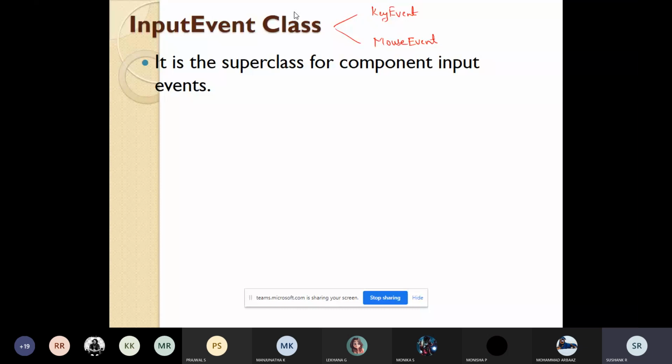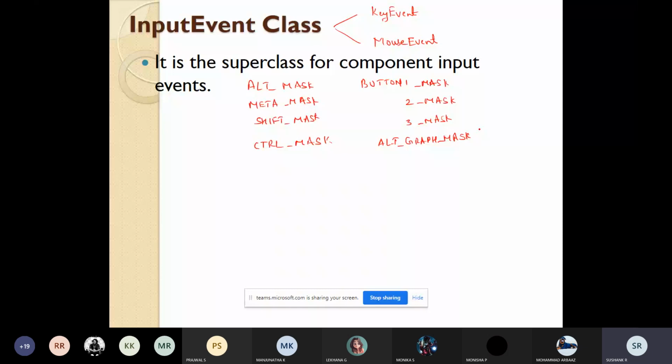The input event class has 8 constants: ALT_MASK, META_MASK, SHIFT_MASK, CTRL_MASK, BUTTON1_MASK, BUTTON2_MASK, BUTTON3_MASK, and ALT_GRAPH_MASK. These 8 constants represent the modifiers for this input event class.